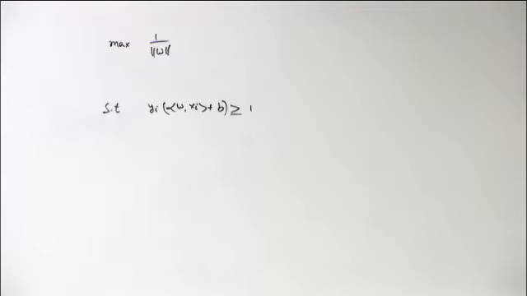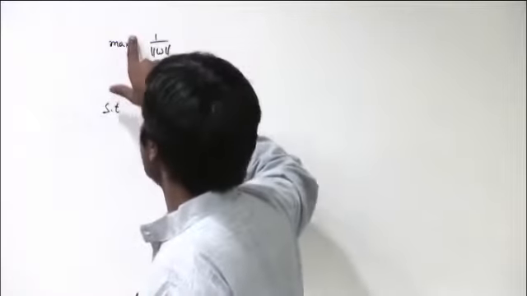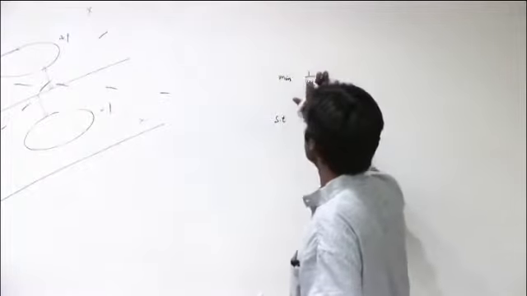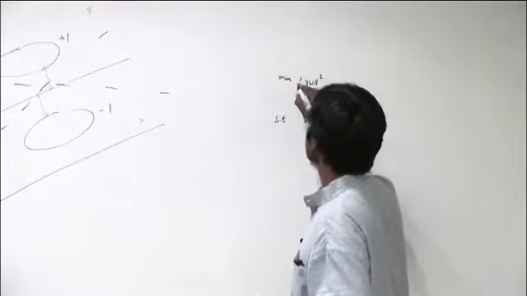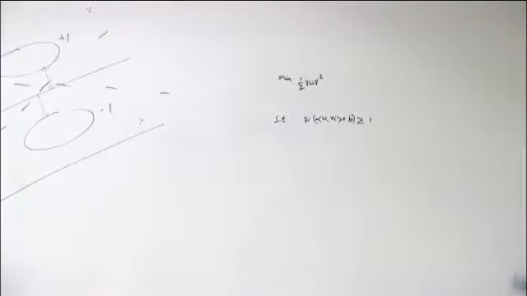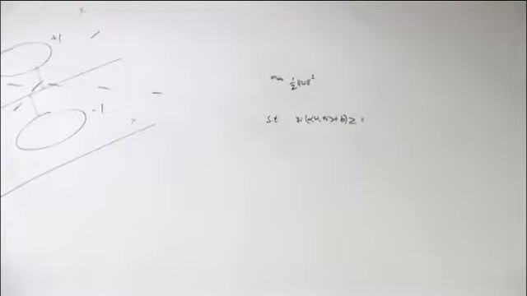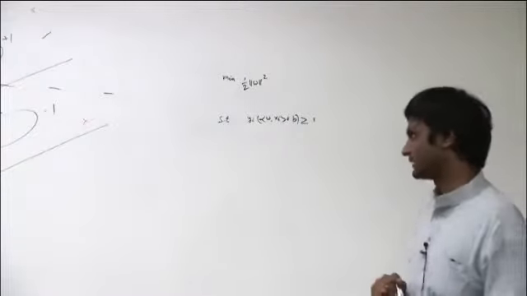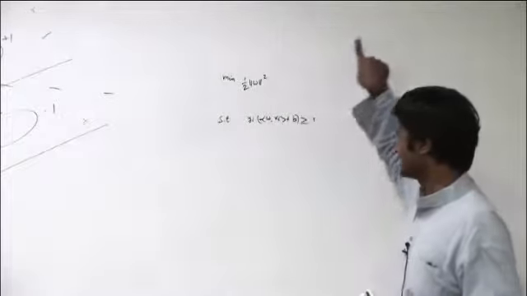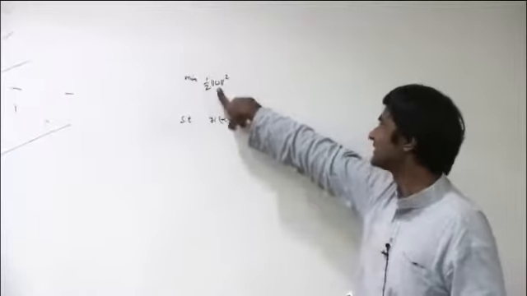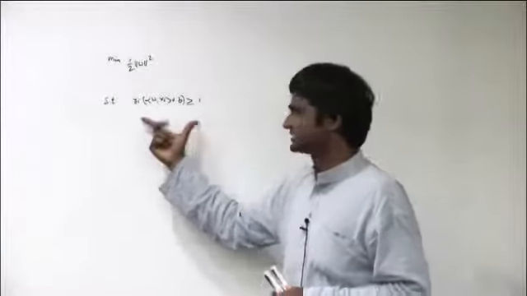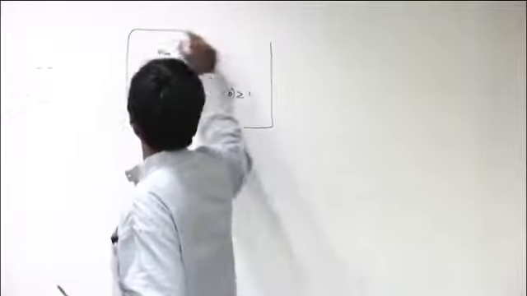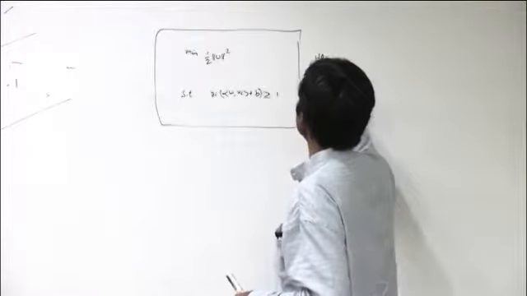This can be 1, 42, 34, nobody cares, it's just a constant. And this maximization I can now replace by a minimization, because usually minimization is easier. The 1/2 you simply add as a constant because it makes the math easier; otherwise there's no real reason for adding a 1/2. So instead of maximizing 1 over norm of w, you just minimize 1/2 norm w squared subject to this constraint. This is your optimization problem, and it is called the hard margin SVM.